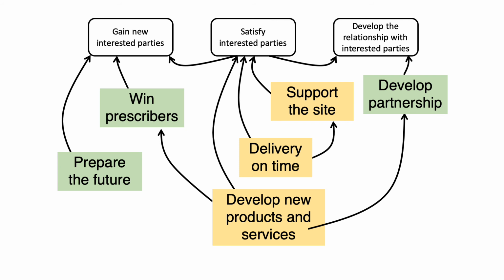Remember the example developed in video 3? So this can be translated into the following example. This strategy map was developed after picking the target customers and other interested parties and determining what they value. What we see in this slide are strategic imperatives required to implement the strategy to gain, satisfy, and maintain target interested parties. Based on this, let us use our template to develop a quality policy.